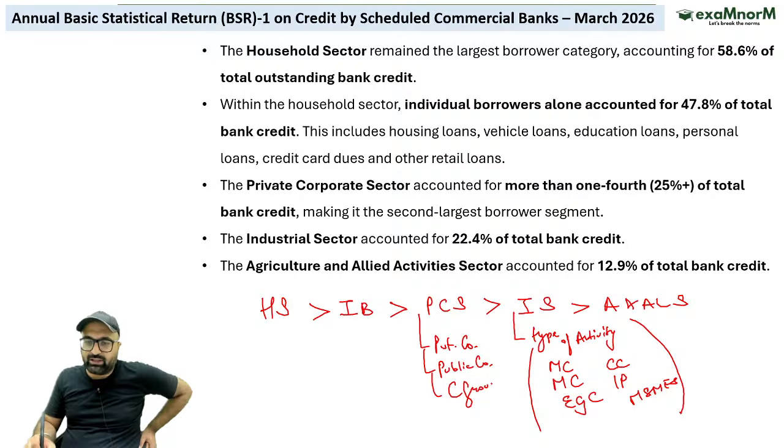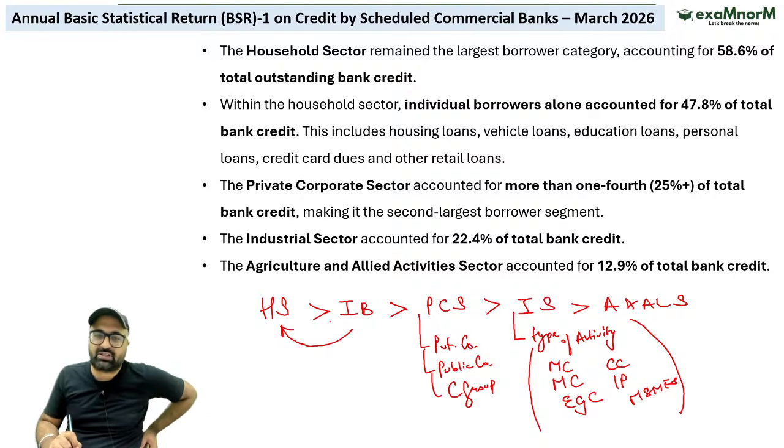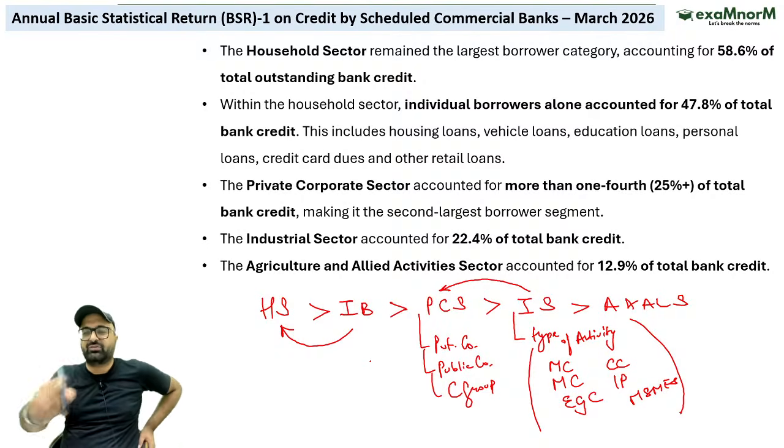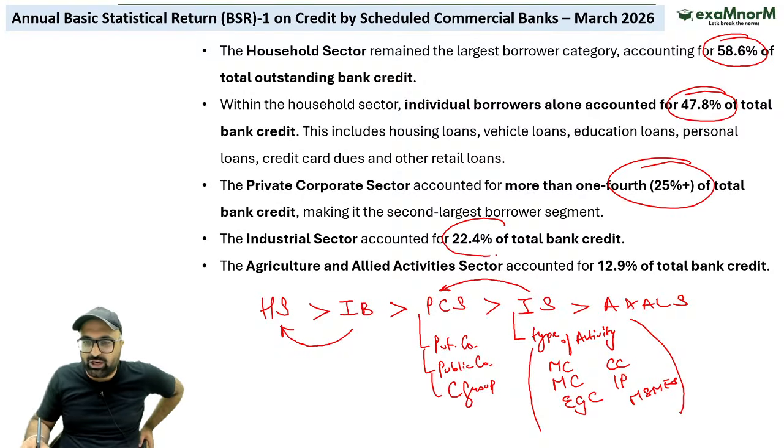If they are borrowing, then they will be coming under private corporate sector. अगर आप ध्यान से सोचें तो हाउसिंग सेक्टर में ऑलरेडी इंडिविजुअल्स इंक्लूडेड है, इंडस्ट्रियल सेक्टर ऑलरेडी, most of the industrial sector is included in the private corporate sectors only. But if the specific category wise question is asked, then you should be in a position 58.6%, 47.8%, almost 25%,